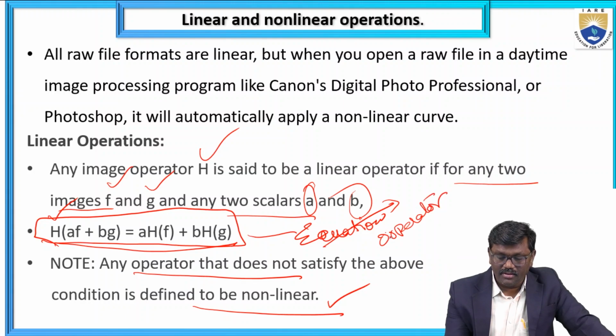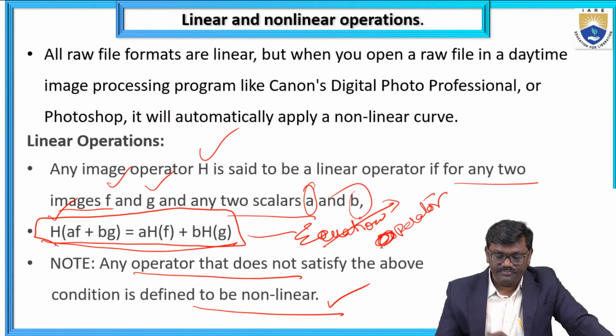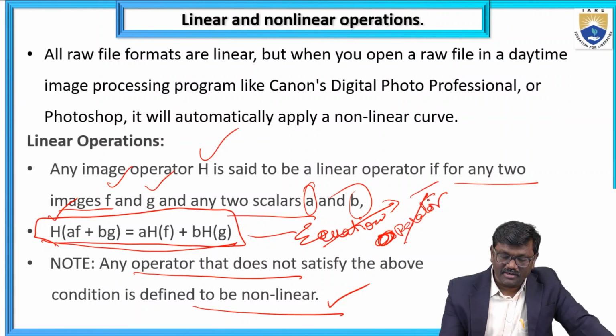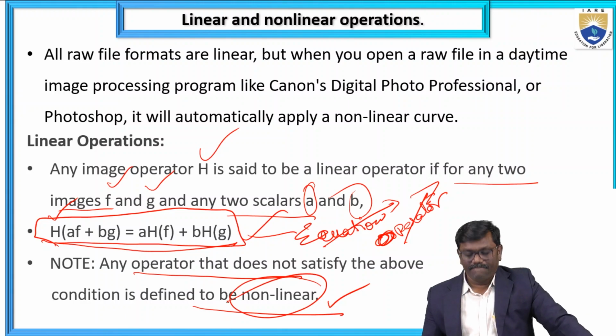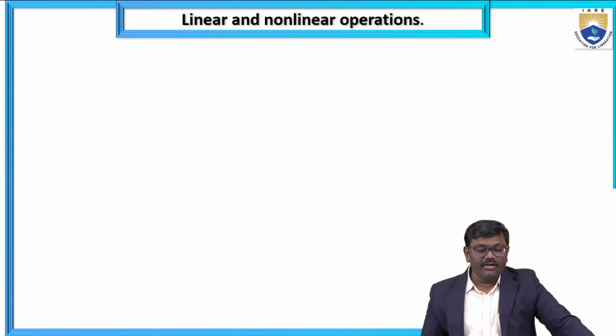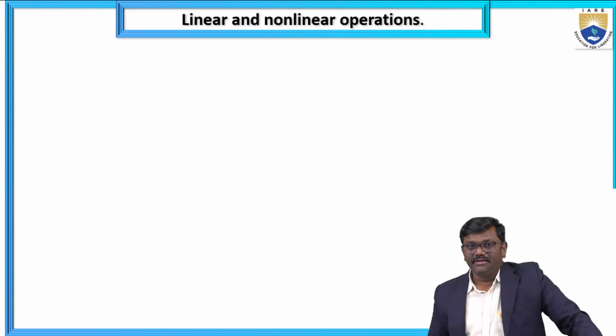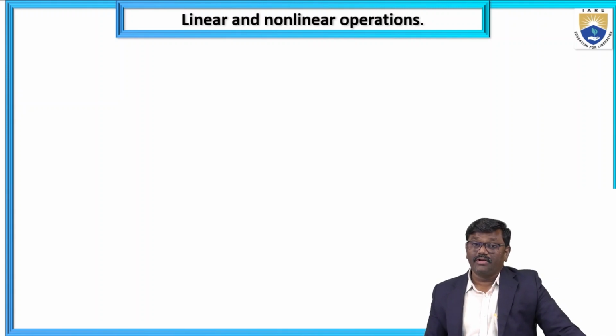Okay, one of the operator. So when it does not satisfy this equation, then automatically we call it non-linear. So that means you are supposed to understand here, with the help of your complete